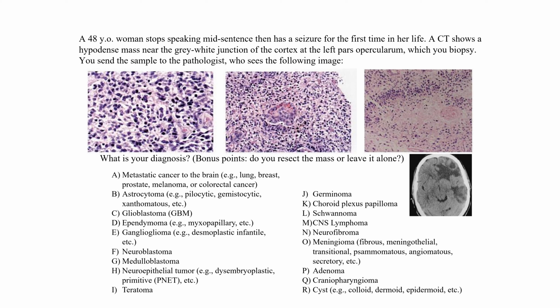There are some treatments, like I said, with chemotherapy or other resections, but the ultimate goal is to keep the patient as functional as possible for as long as possible, basically to keep the quality of life as high as possible. So if you went and tried to resect this, most likely you would destroy their ability to speak, and that would drastically decrease their quality of life, typically measured by something called the Karnofsky score. And so in this case, it's probably better to leave it alone unless there's some sort of swelling and bulk